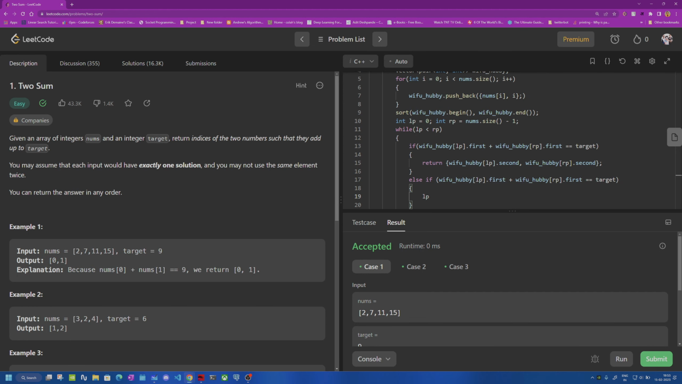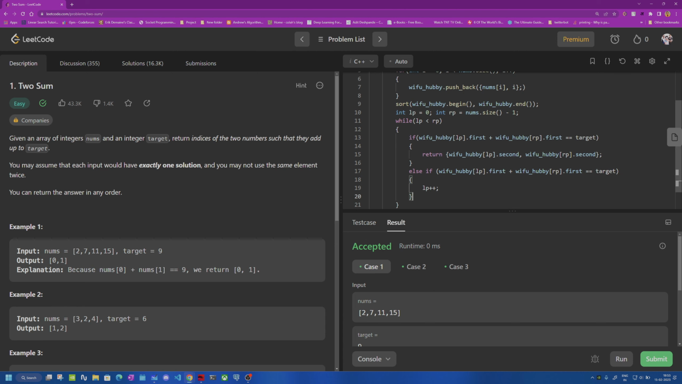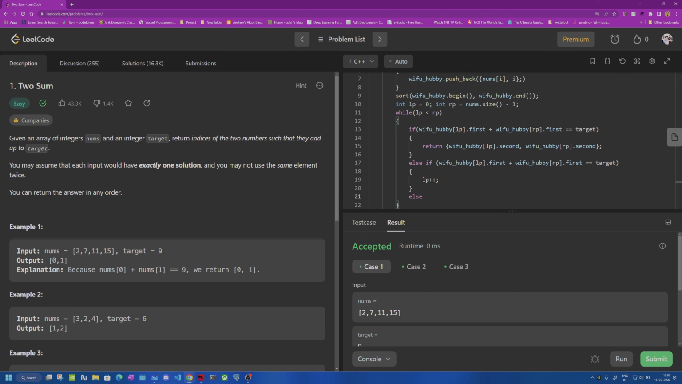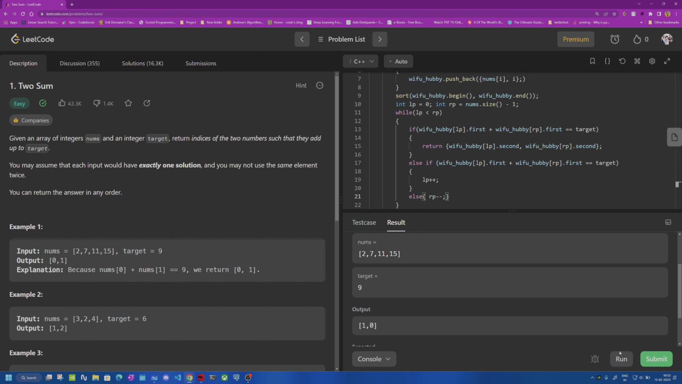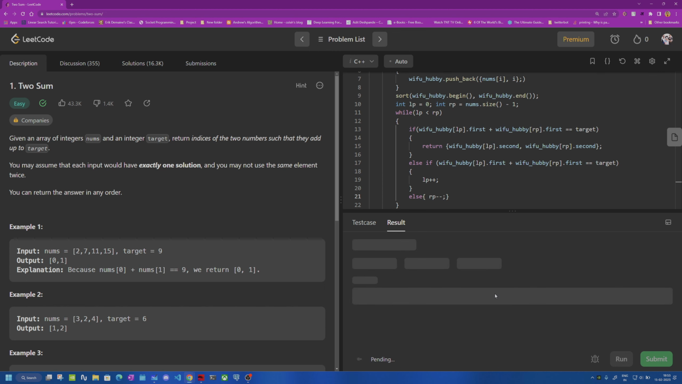So what we're going to do is left pointer plus plus in this one, and here with else, as simple as that, right pointer minus minus, which I think would turn everything right here. And if I haven't missed anything after all these stupid mistakes which I made in this video,